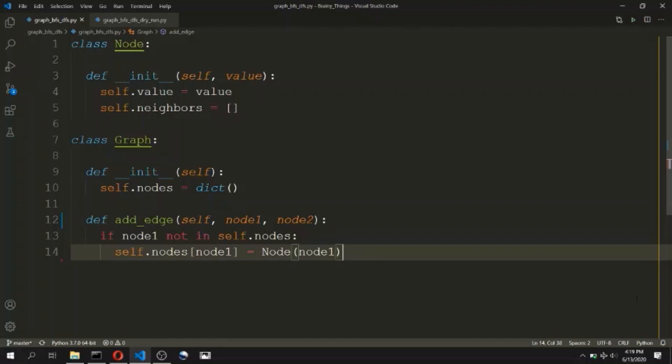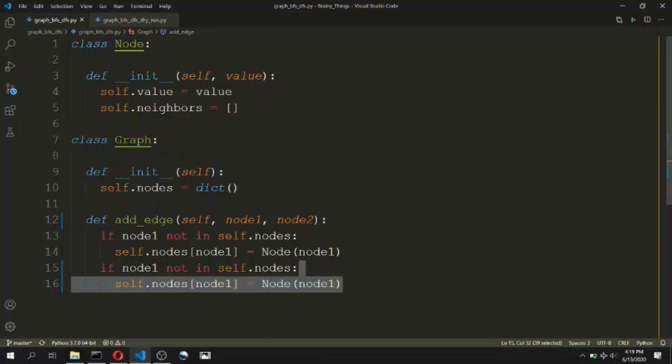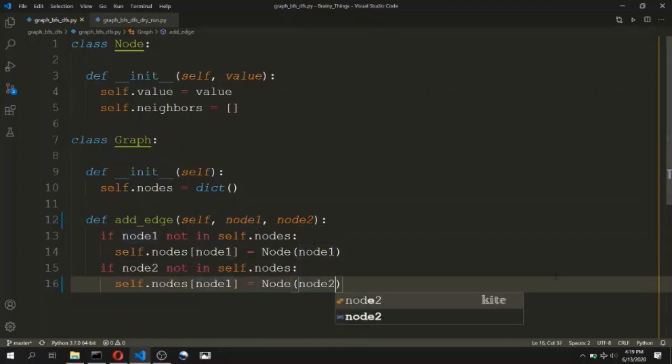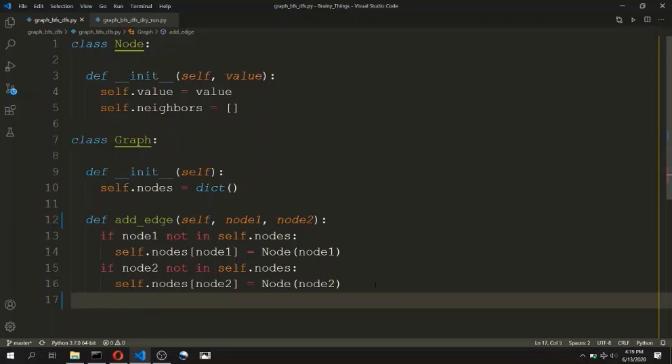We will copy these two lines for node 2 as well. This will become node 2, this will become node 2, and this will become node 2. Now, as we are sure that the nodes that the parameters of this function are referring to are present in the graph, we will take the node 1 object again.